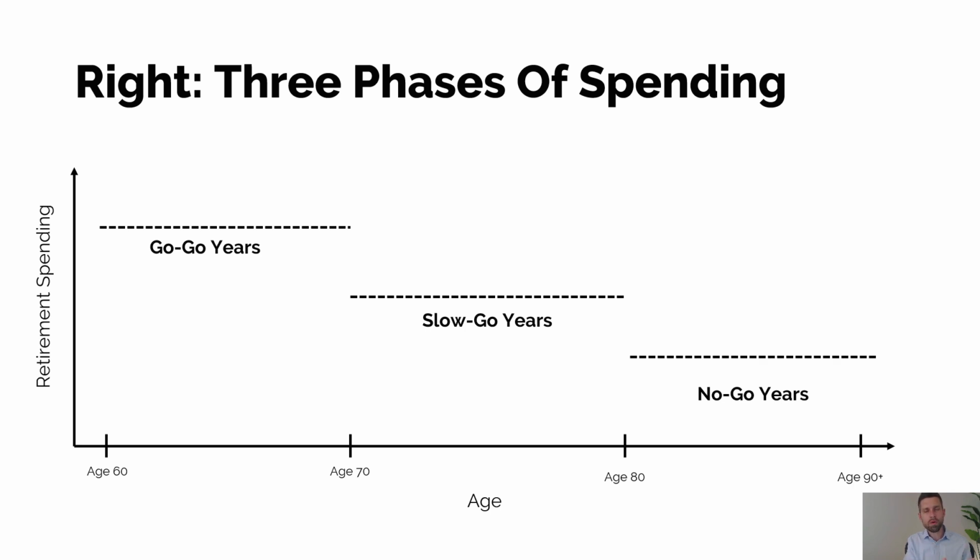In the go-go years, we're a bit more active. It's early retirement. We're taking advantage of that time and energy, and we're maybe doing more travel, entertainment, hobbies, and we're spending more in those early years because that's the time that we can get the most advantage out of that money. In the slow-go years, we're maybe starting to dial back a little bit on that extra activity and